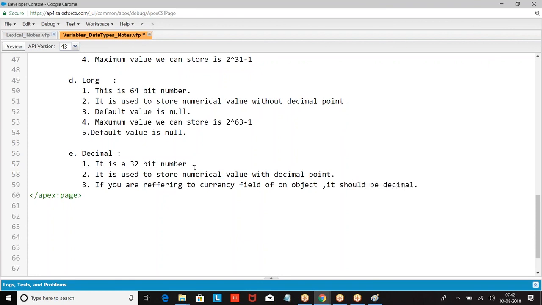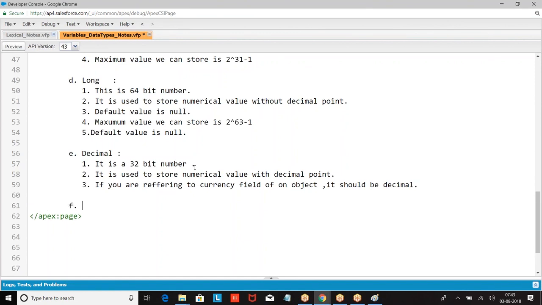If you are referring to a currency field in the table, it should by default be Decimal. It is used to store a numerical value with a decimal point. Any currency value you want to store should be Decimal.